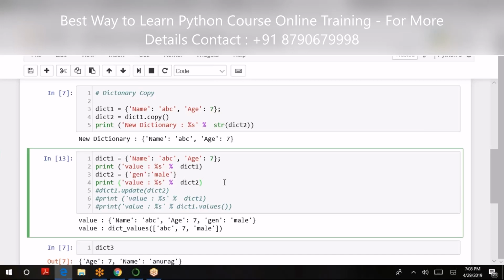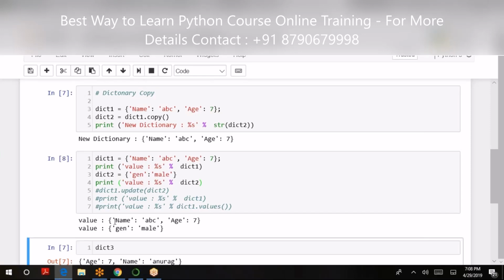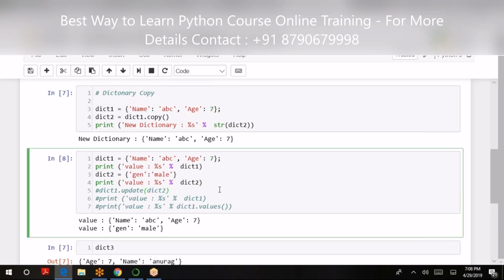I have commented the update part. So what it has given me is the value like this one and the value of dictionary2 as gender and male.